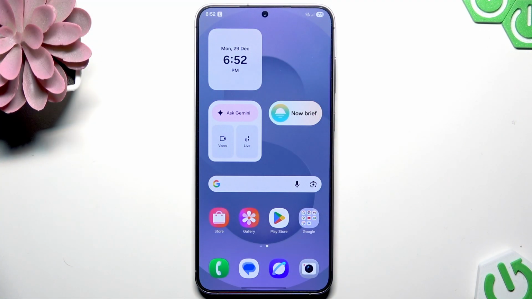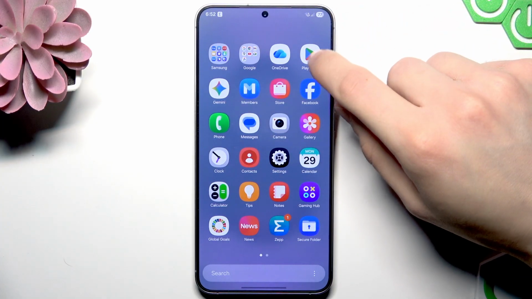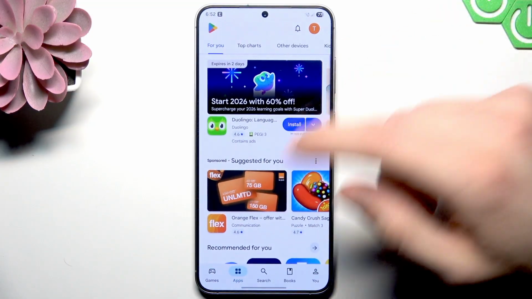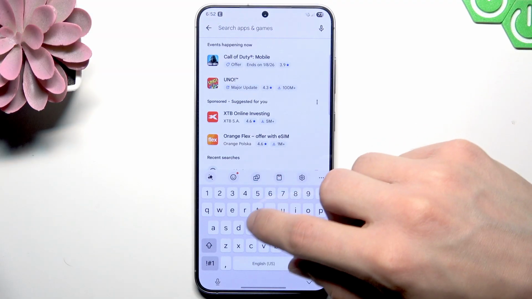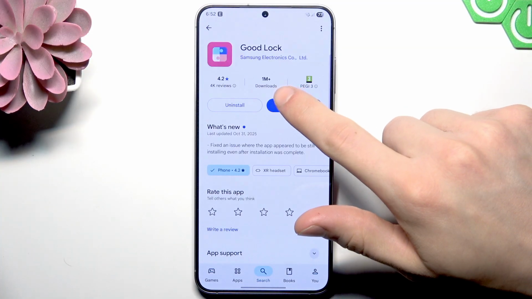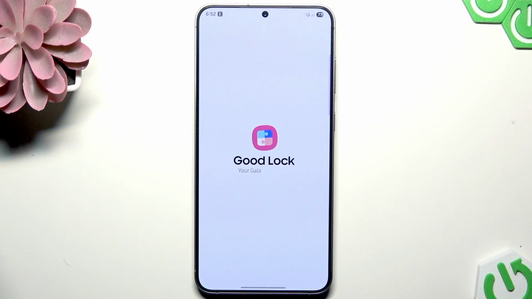To do that, first we're gonna need to install an application called GoodLock, which is both available on Google Play Store and Galaxy Store. So just open one of them, go to the search tab and search for GoodLock app and find it and download and install it. Then open it once you're ready,